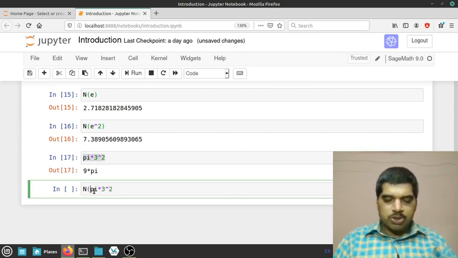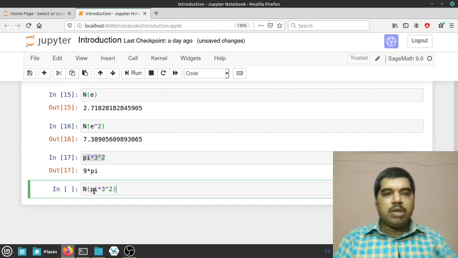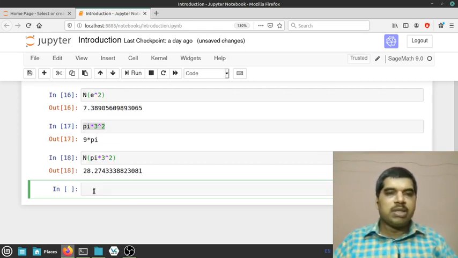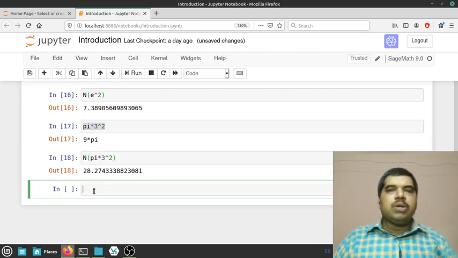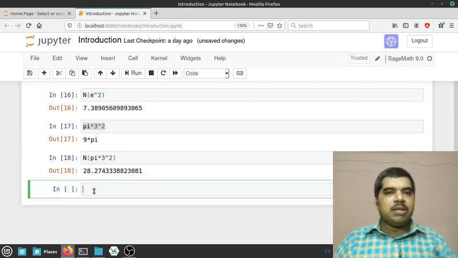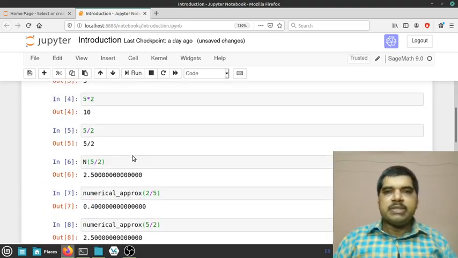So numerical approximation of pi star 3 to the power 2, and that is nothing but 28.27, etc. So the mathematical constants are also available there in SageMath, and you can straight away use that without importing or defining the constants. It's already available there. Now we are going to see how to execute all these commands in SageMath Cell server